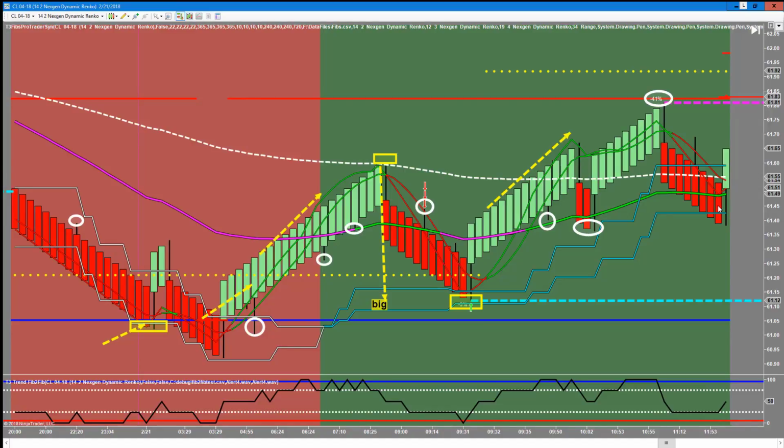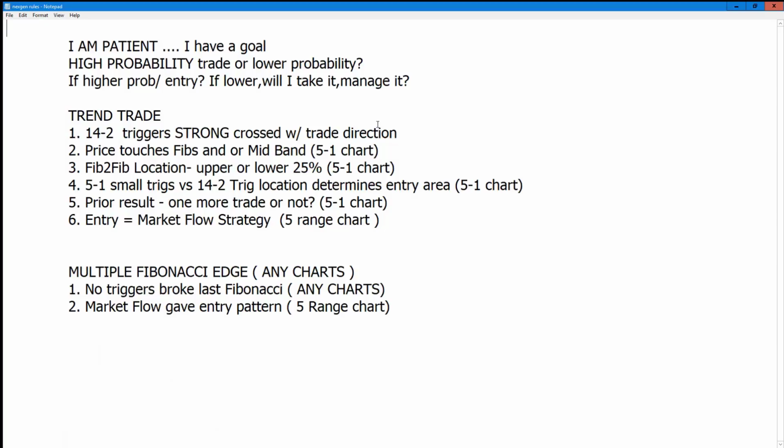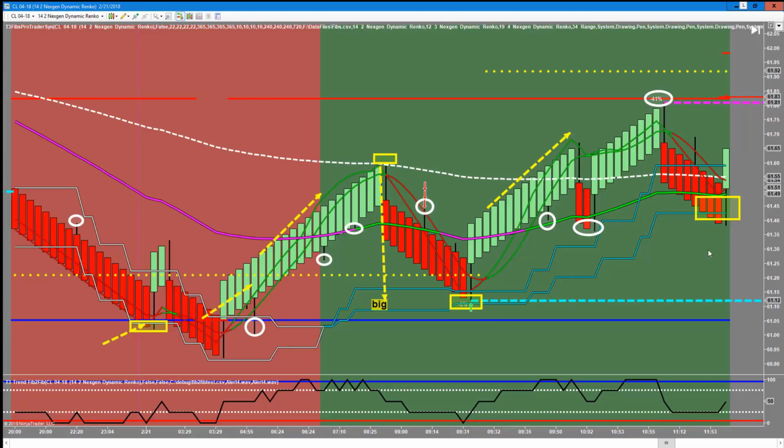So if we have a trend trade look on our 14-2 chart, and again, it has to be a really good trend trade look, what are the rules? Synthetic triggers crossed up, price touches fibs and midbands, fib to fib oscillator. Still the same rules, just a bigger chart. So this is a trend trade long look